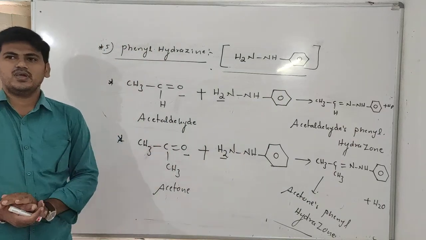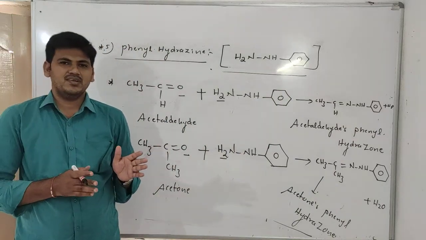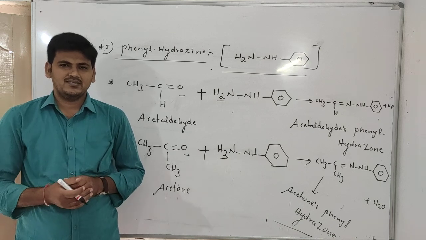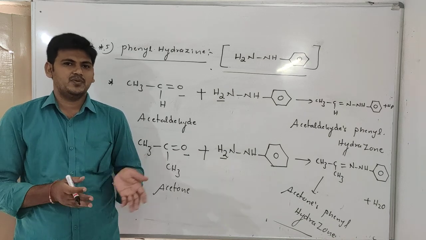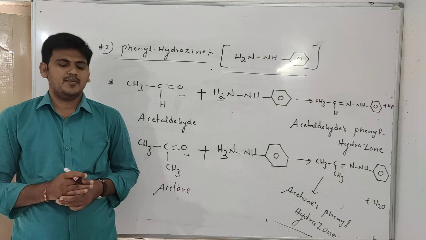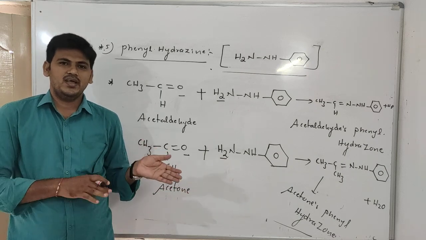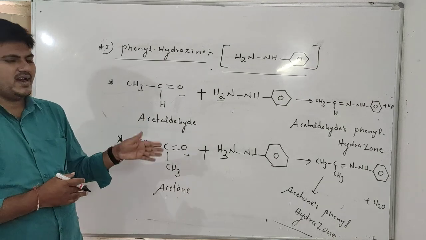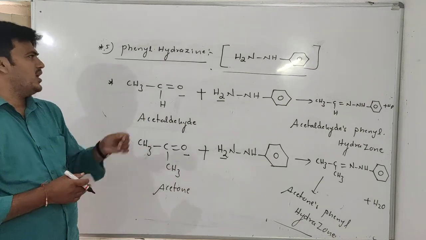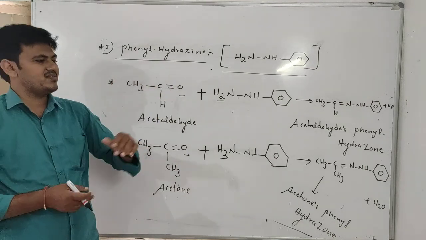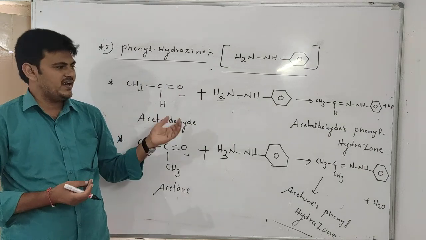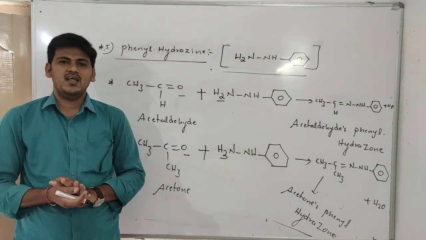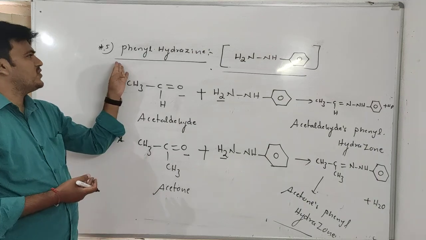So first property is reaction with hydrogen cyanide, and products are cyanohydrins. Second one, sodium bisulfite, addition products. Third one is hydroxylamine, and products are oximes: acetaldehyde oxime, acetone oxime. Fourth one hydrazine: acetaldehyde hydrazone, acetone hydrazone. And fifth one phenyl hydrazine, and products are phenyl hydrazones: acetaldehyde phenyl hydrazone, acetone phenyl hydrazone. So fifth property, vinyl